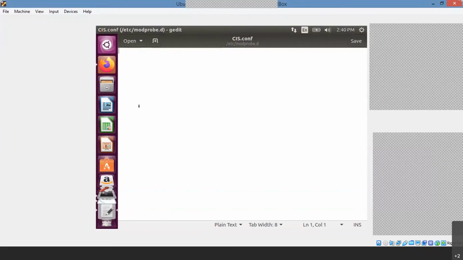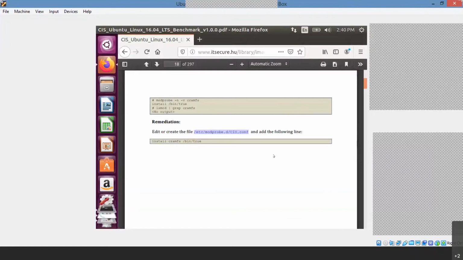As per the recommendation, what do you have to write here? Can anyone tell what recommendation I have to give? I am in the configuration file of slash etc slash modprobe.d, under the config file. What do I have to write so that my system gets hardened and compliant with the security standards?